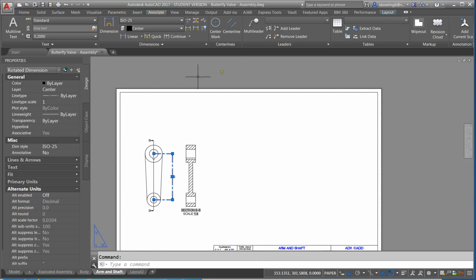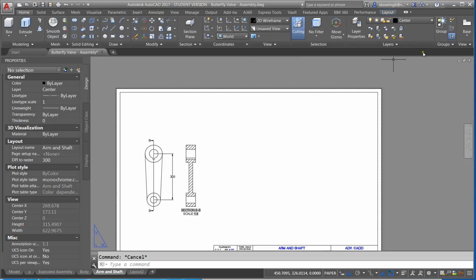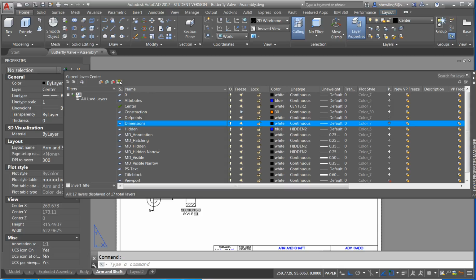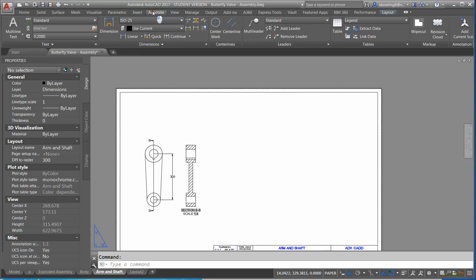Now here's the thing: make sure you are on the correct layer. Put it on your dimensions layer. And I've got to confirm that with all my other drawings that I've done so far. So I'm going to go to my layer properties and make the dimension layer current. So you just check that little green box to make it current, or you could just have pulled it down here and selected dimensions. So now I'm going to do annotate,